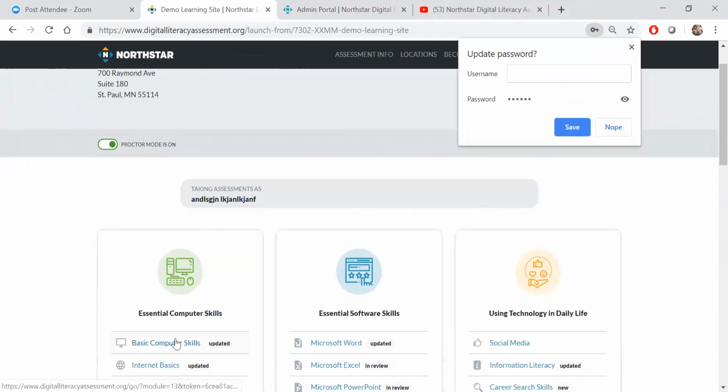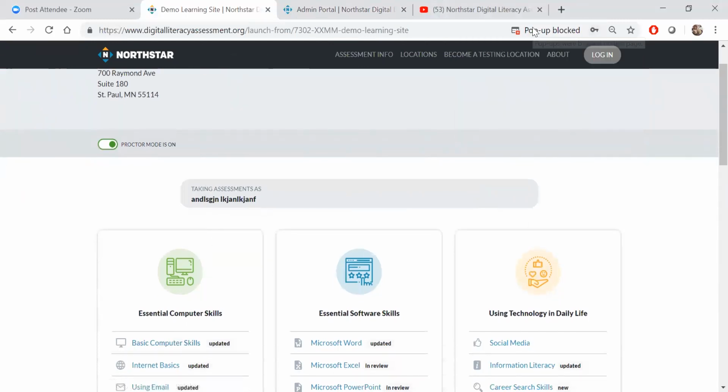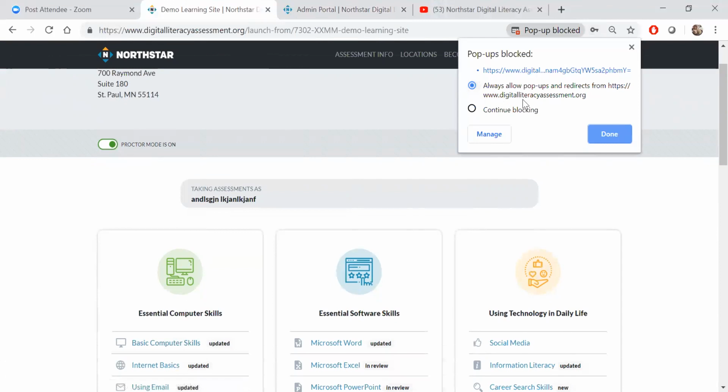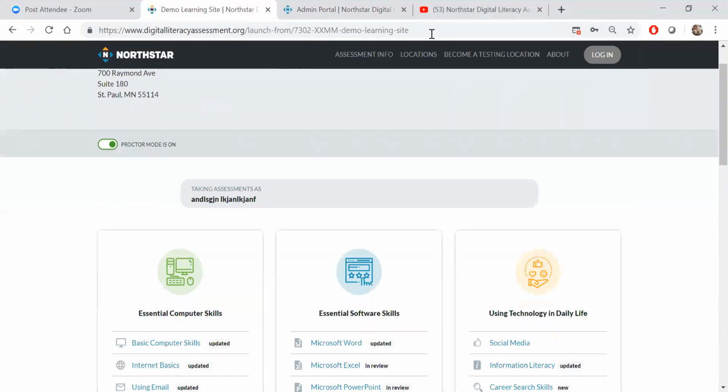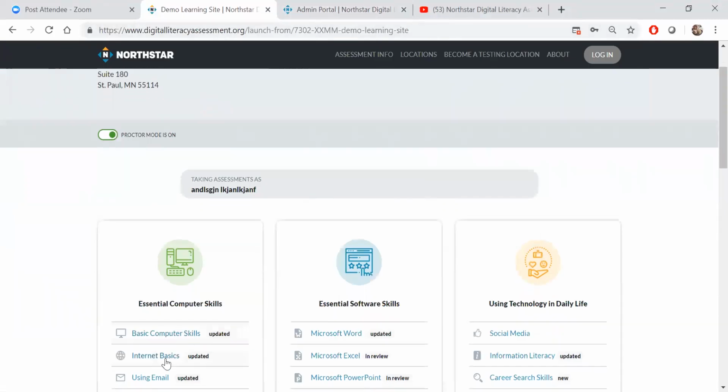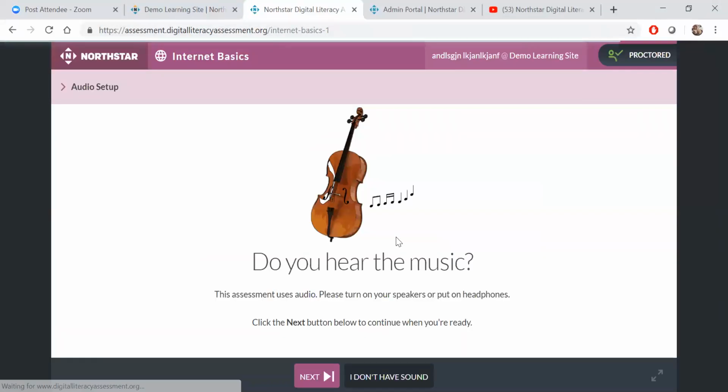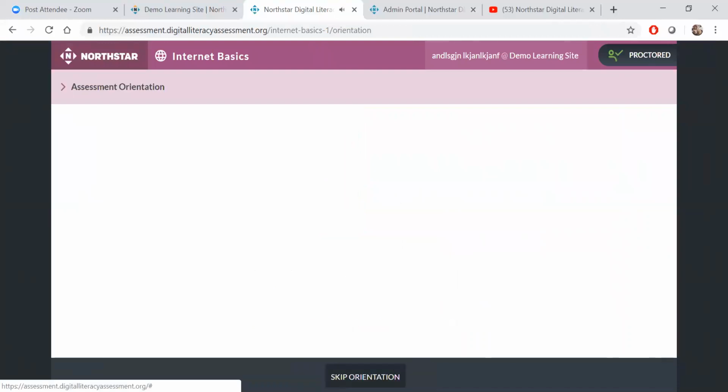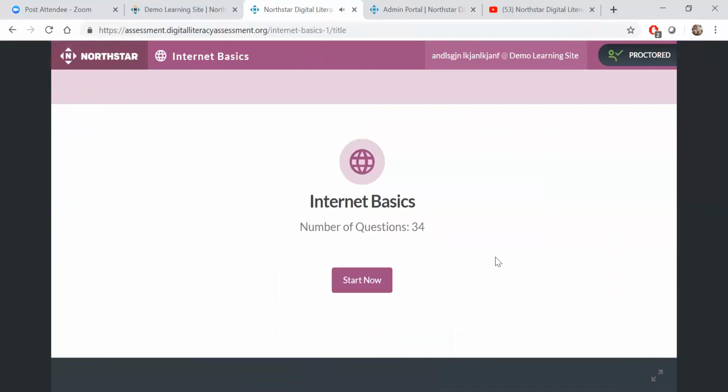So now when I click on an assessment, okay, that's weird. Now when I click on an assessment, it's going to show proctored in that upper right-hand corner. So before it had said public, now it's showing that it's proctored. It has the kind of the person and the check mark, and